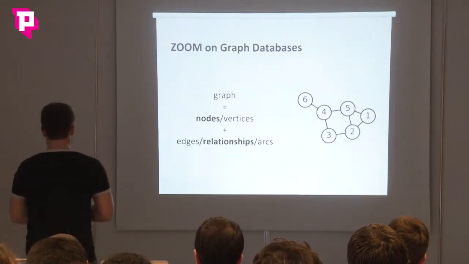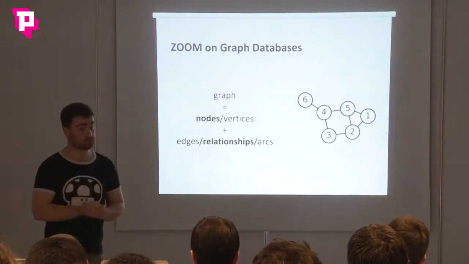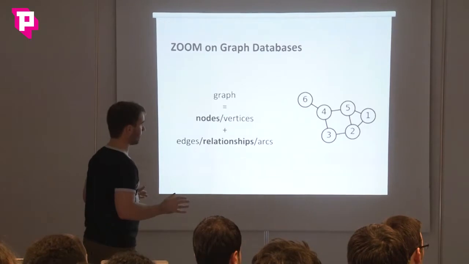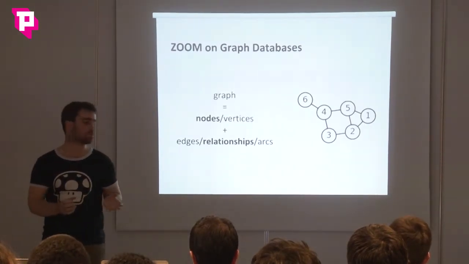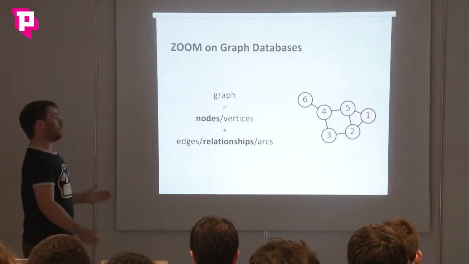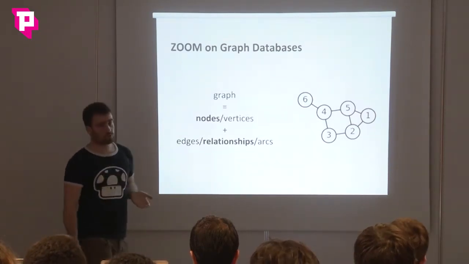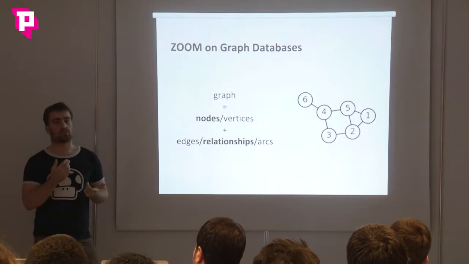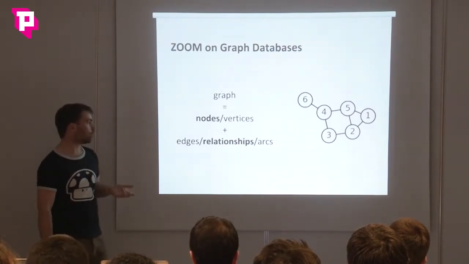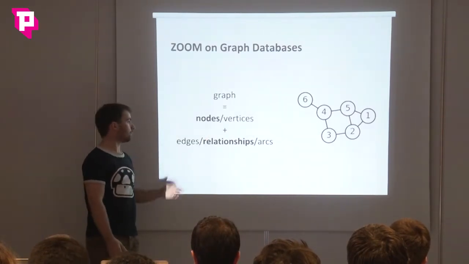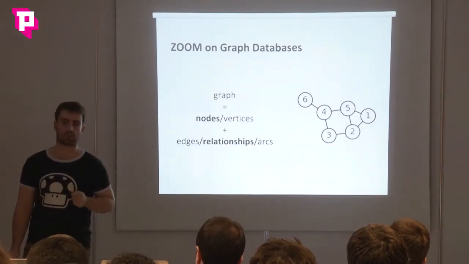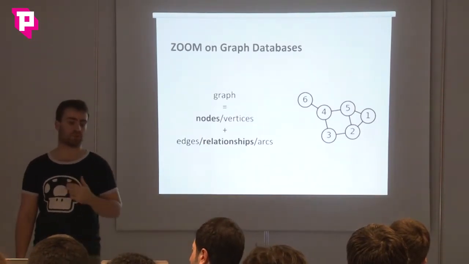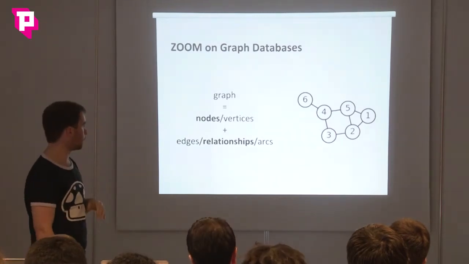So graph databases, one important term here, of course, is graph. So very simply, what is a graph? A set of nodes, a set of relationships between the nodes. That's it. Depending on what you're reading, depending on the literature, because there are many graph databases, you won't find the same names: vertices for nodes, or edges, arcs, etc. I would just talk about nodes and relationships. That's Neo4j vocabulary, so I'm going to use that throughout this talk.